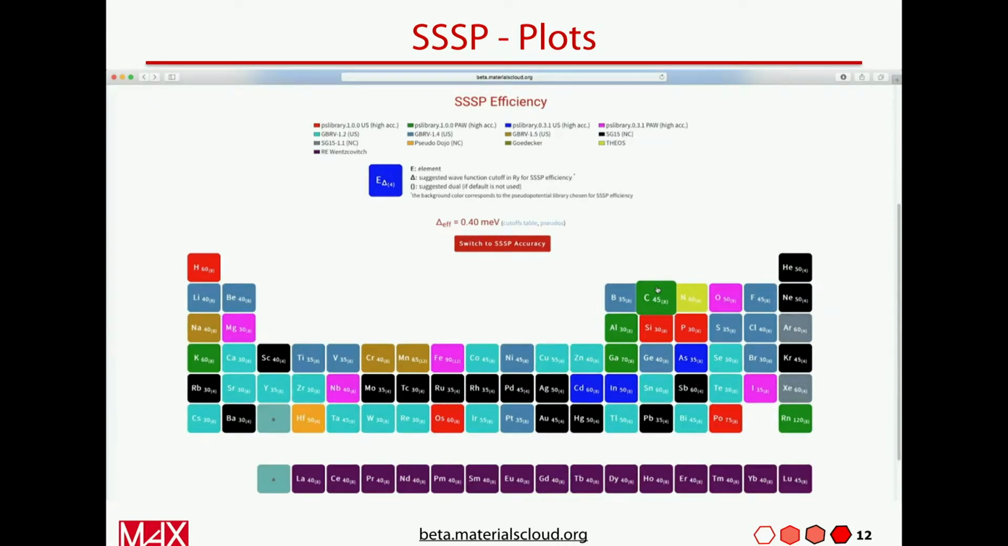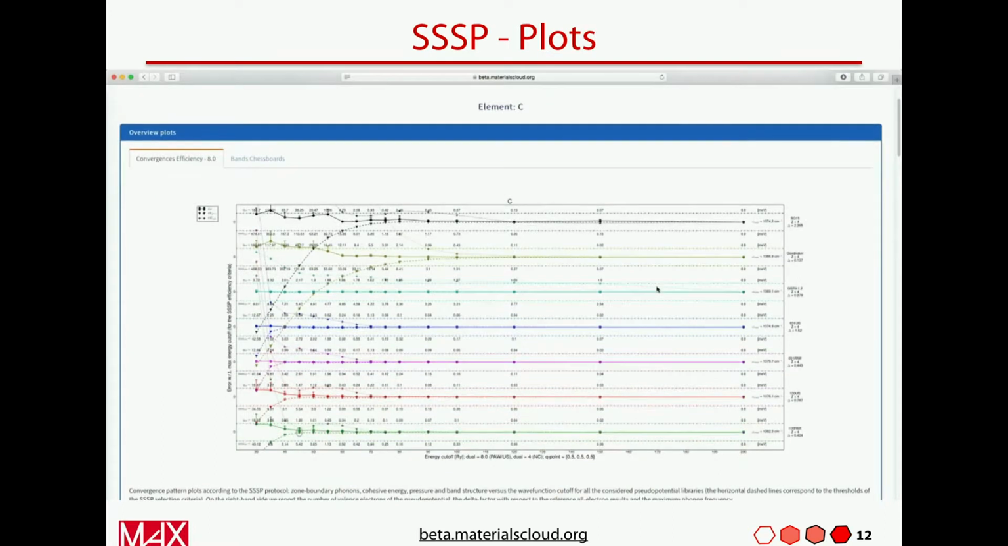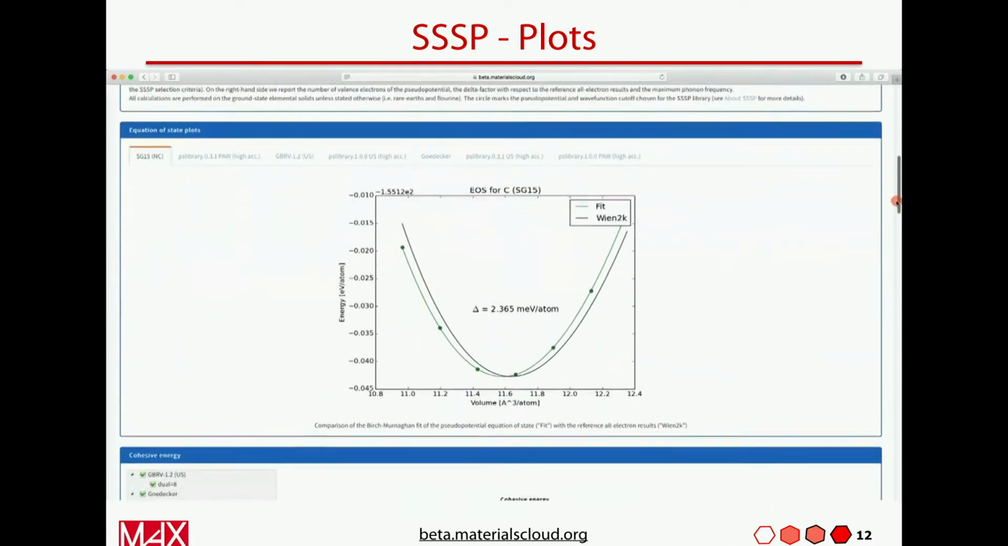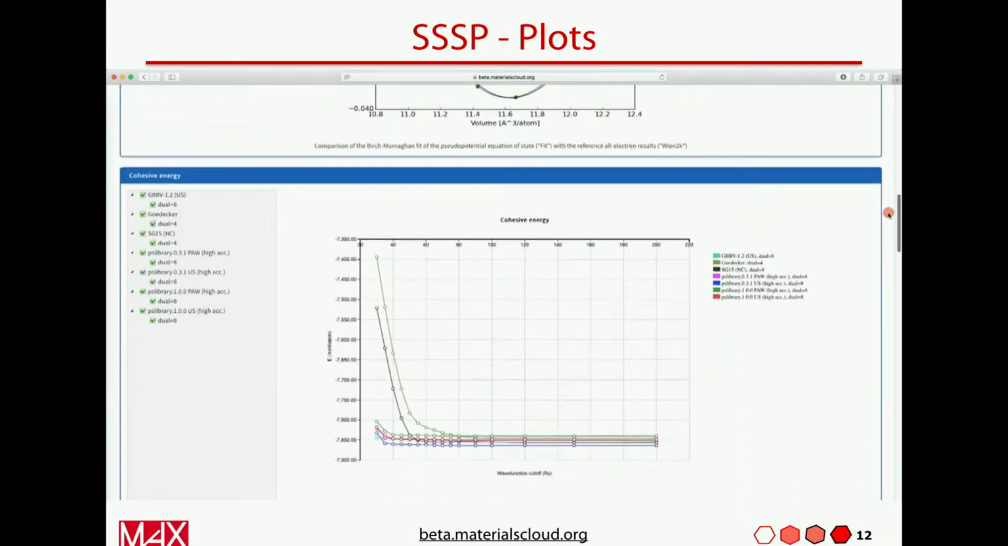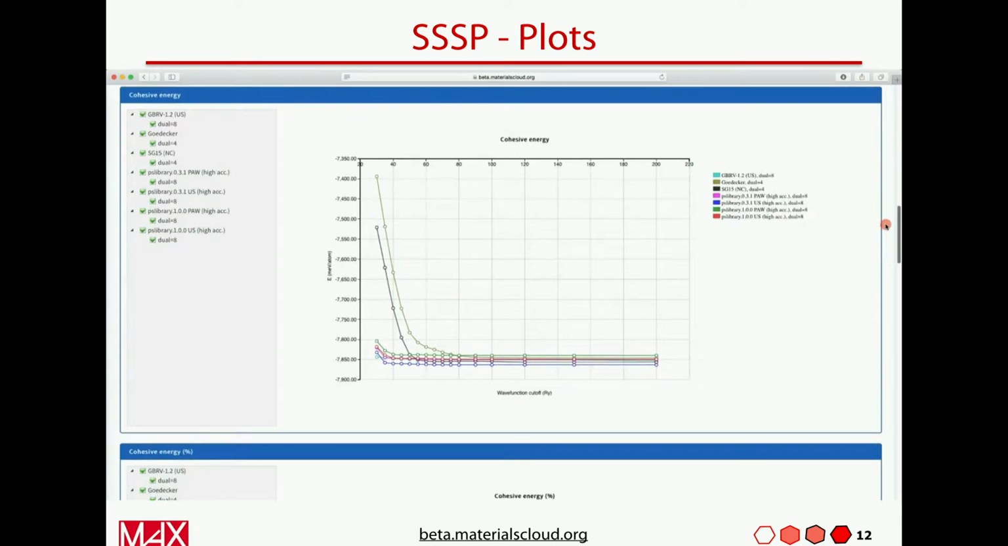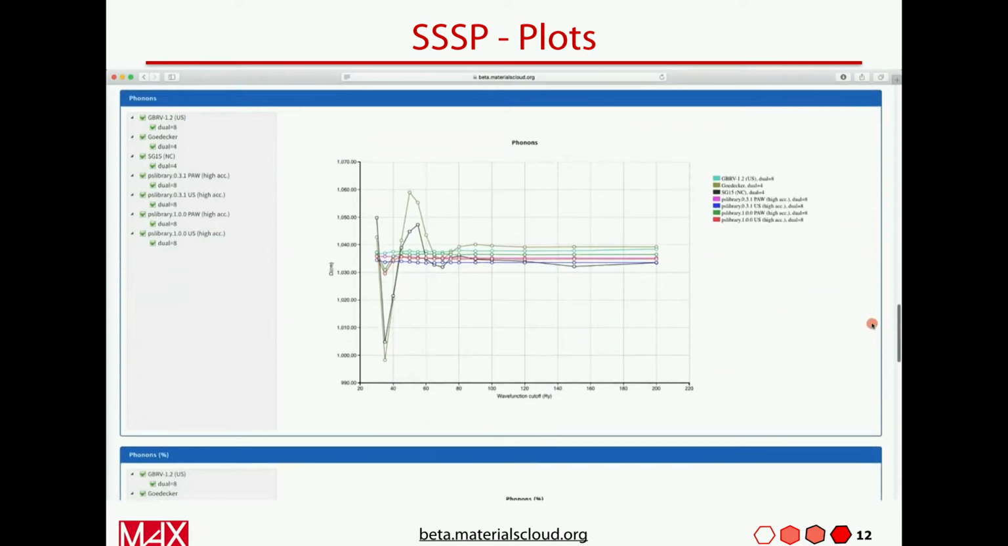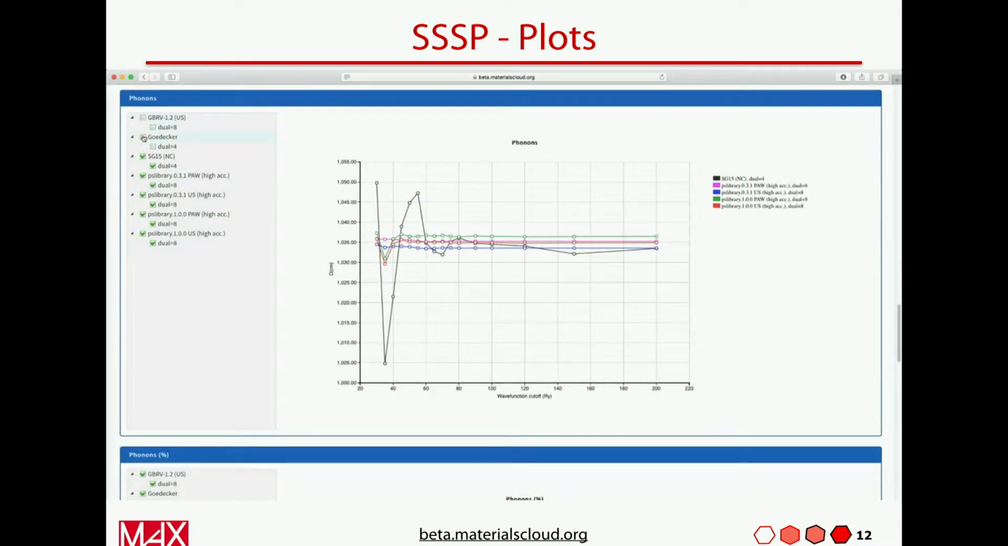the element, and I get an overview of different properties that were computed for the different pseudopotentials. I'm not going into that in detail. There's an equation of state versus an all-electron calculation, again for the different pseudopotentials, and a few other plots like the cohesive energy as a function of wave function cutoff. And what I'm going to look at here is the maximum phonon frequency at a particular Q point, again for the different pseudopotentials. So if I'm mainly interested in converged phonon properties, this plot can help me decide which pseudopotential